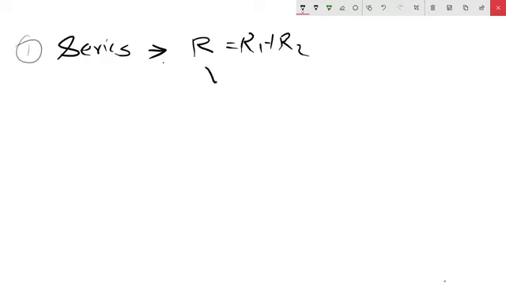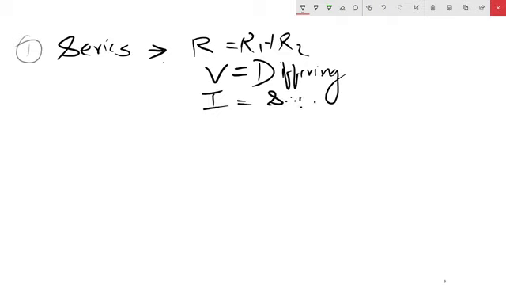The very next question in that document says, in the circuit below, resistance R1 and R2 are in series. First, take care of the words they are using. They are using series, so you should know what happens in series. For resistances in series, R is equal to R1 plus R2, the voltage will differ, and the I value will be the same. If you know this, you can solve the problem easily.